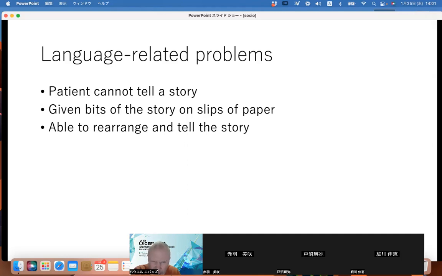So as you can see here, these patients, with some sort of brain damage, basically cannot tell a story, they're not able to do it, but you give them bits of the story on slips of paper, and they can rearrange it. This is a symbolic tool that structures the way they think. And then when their thinking is structured in a particular way, they're able to tell the story, solve the problem, carry out the activity. So it's scaffolding, right? Scaffolding, and I think that is exactly what you were talking about